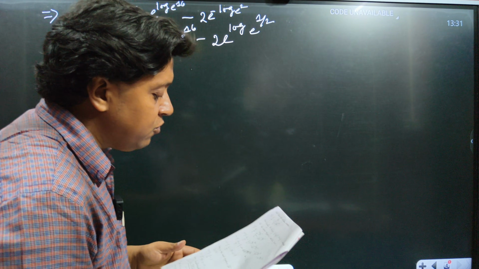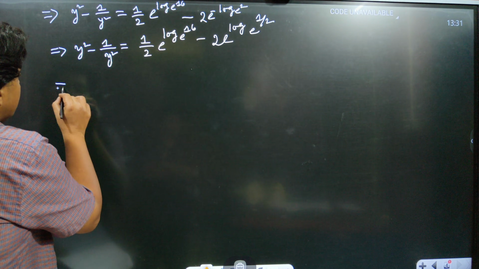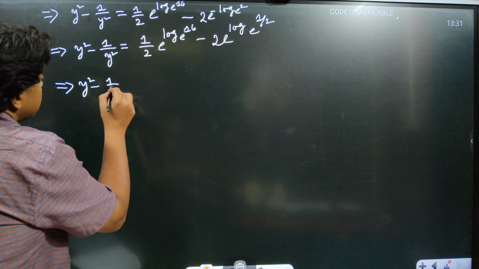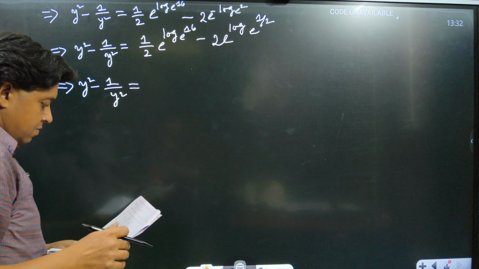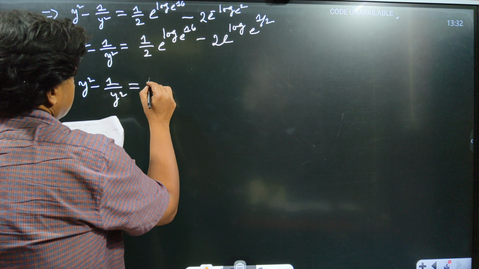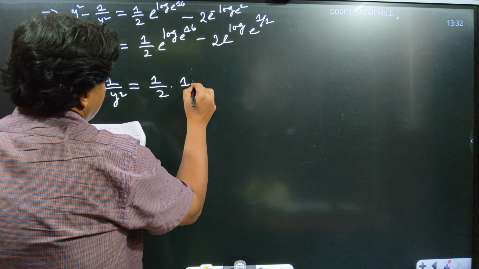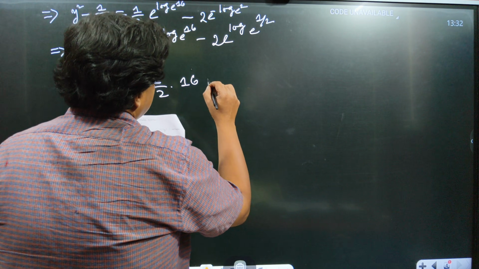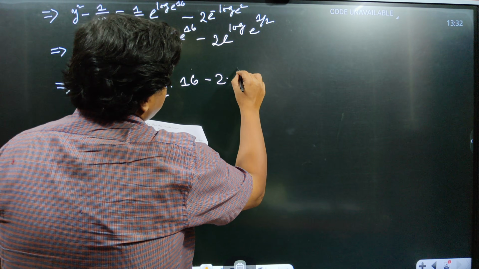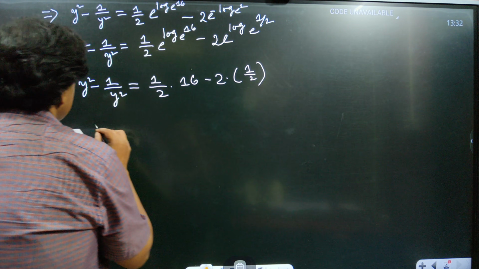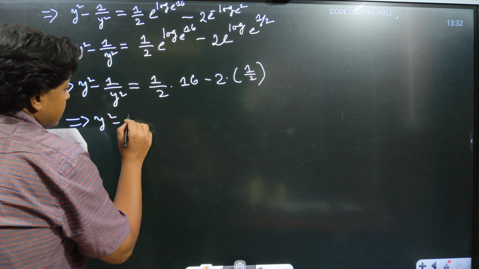This is very common in the formula for logarithm. So incorporating that, this becomes half into 16 minus 2 into half, and this gives us